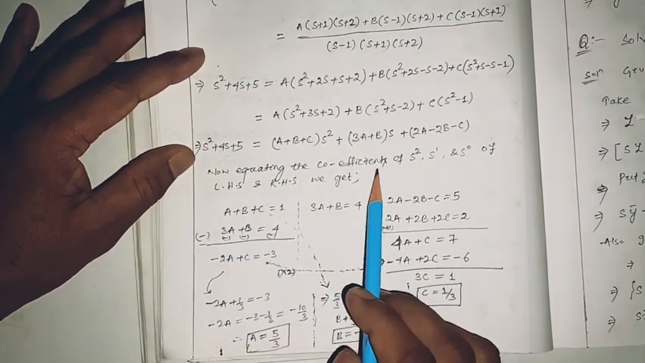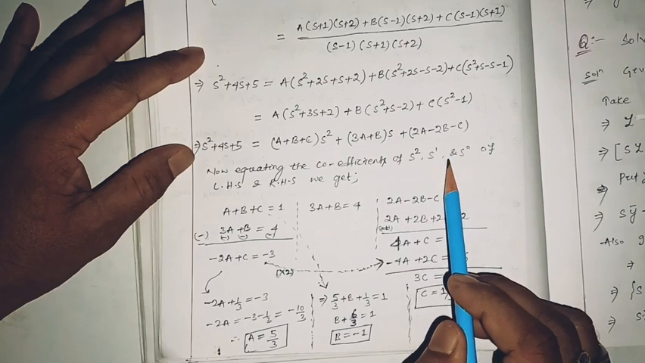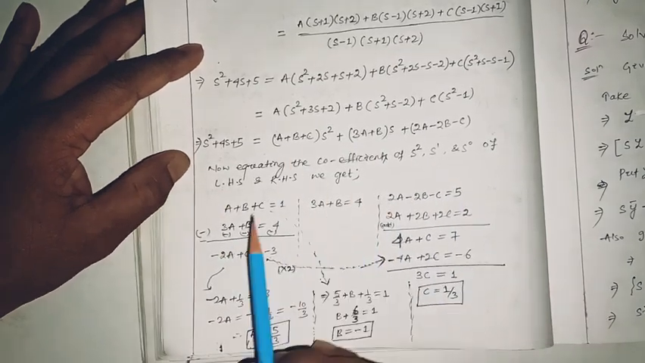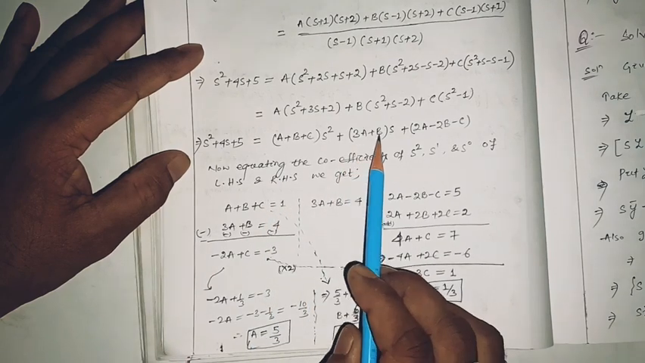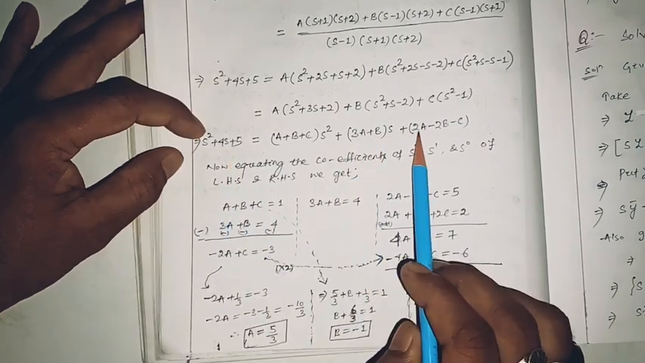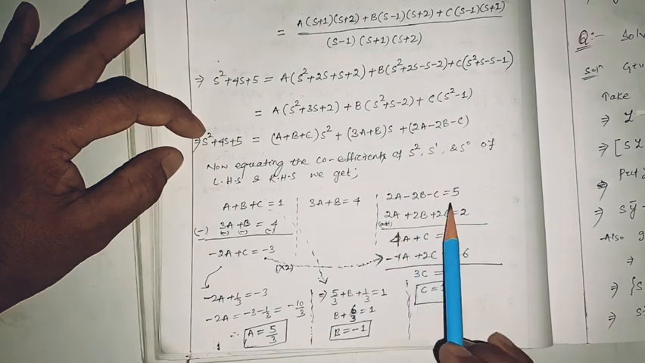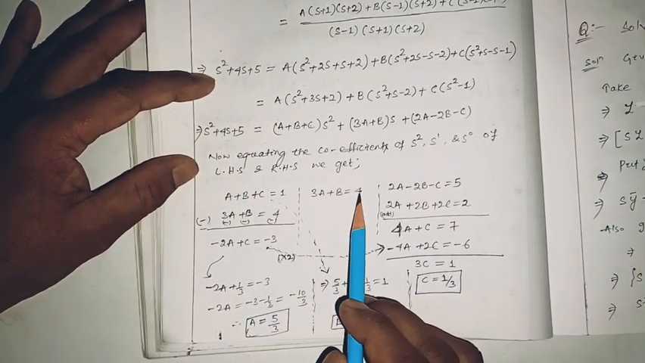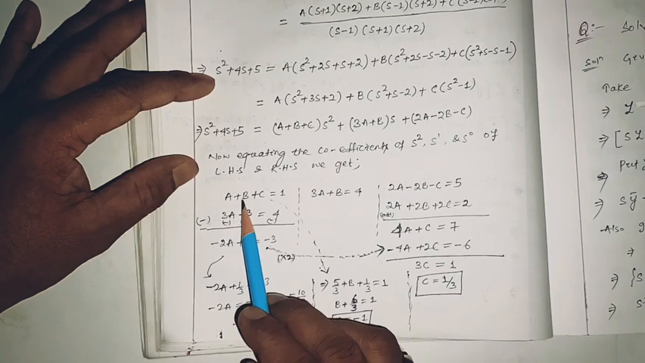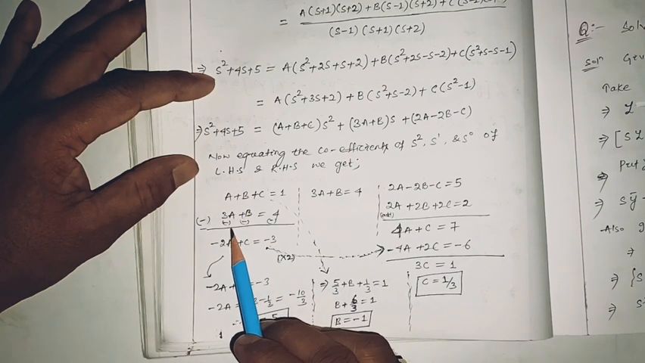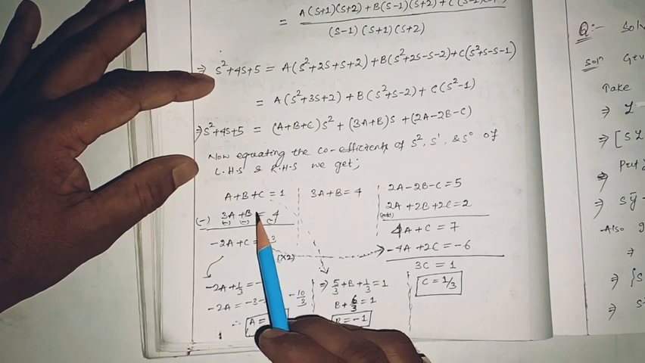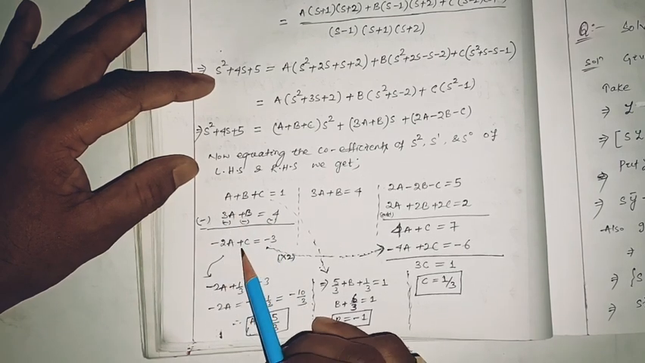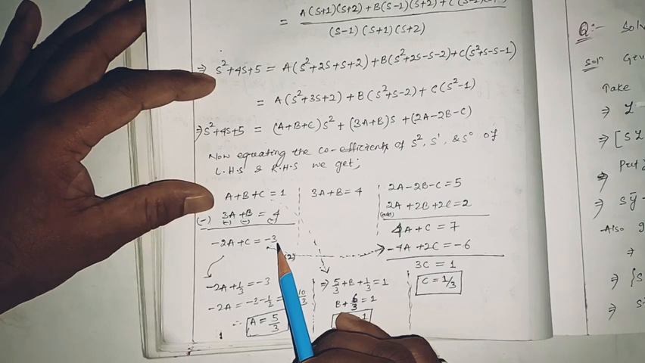Now equating the coefficients of a square, s to the power 1 and s to the power 0 of LHS and RHS, we get a plus b plus c equal to 1, 3a plus b equal to 4, and 2a minus 2b minus c equal to 5. Now 3a plus b equal to 4 is going to be subtracted from this one. Here you can see b got cancelled, so minus 2a plus c equal to minus 3,